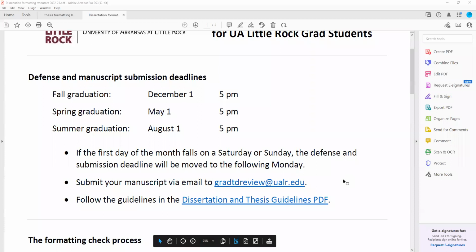Okay. So the good news and the reassuring thing that I want to share with all of you is that if you have emailed your manuscript to us by these dates and you have passed your defense, then you are going to graduate. It doesn't matter how long it takes us to get back to you about that formatting. You have satisfied the requirements for graduation. Now, having said that, there are some things that you will need to do to wrap this process up after you email us the manuscript in order for you to get your diploma. So let's go over those.